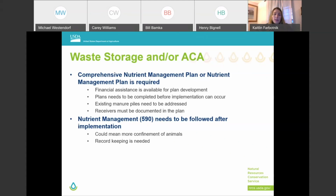And same thing for nutrient management. Sometimes nutrient management would also, we would talk about where that manure is going. And then the 590 is actually the practice. That's actually when you do your nutrient management portion of the CNMP, or you implement what was in your nutrient management plan. And after the nutrient balance is run, sometimes it does mean that you would be asked to confine